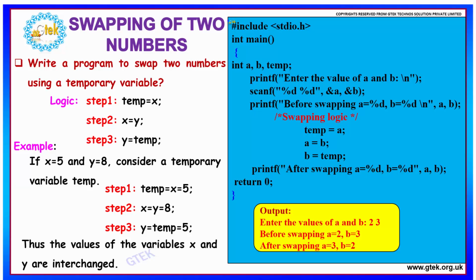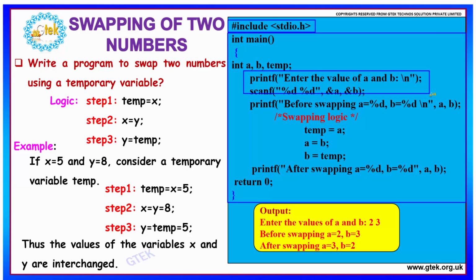Initially, we are including our standard libraries followed by a main function, for which we'll be having the main statements which we have to execute. So we have to get the two numbers which we have to swap. For that we are writing a print statement followed by a scan statement, and we're getting two values. And further, we are printing the numbers before swapping